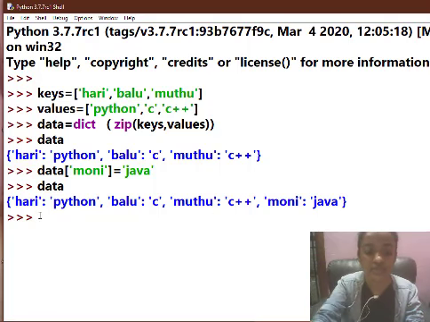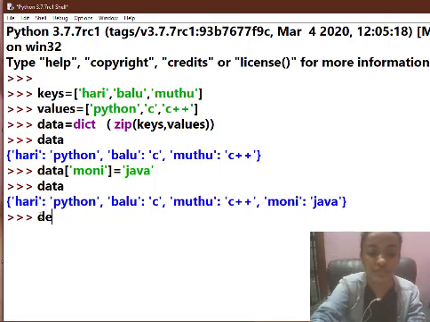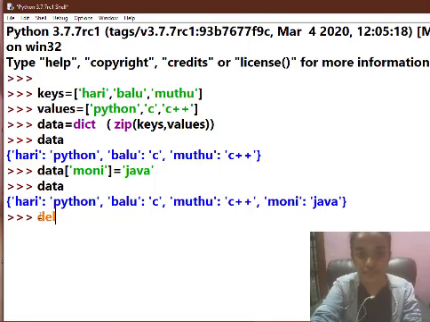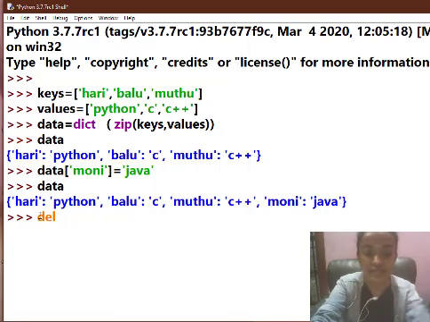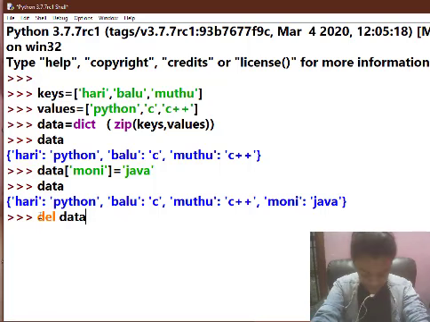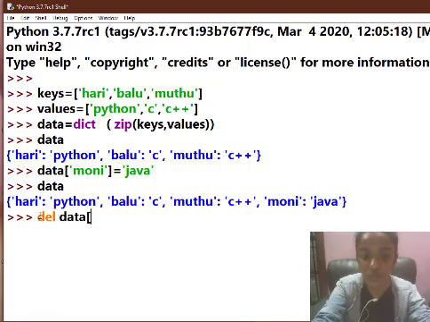In order to delete something from the dictionary, you have to type in del, which means delete, and after that you have to again type in your variable which is data, and after that you have to open the square brackets, and inside the square brackets you have to mention your key which is to be deleted. For example, I need to delete Muthu from the dictionary.